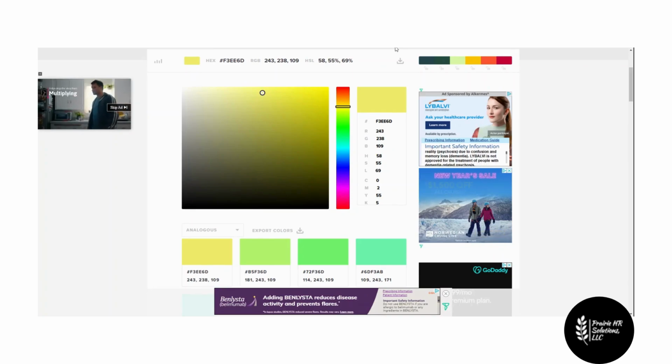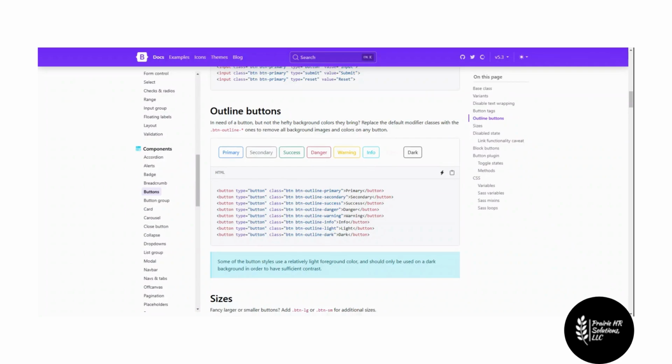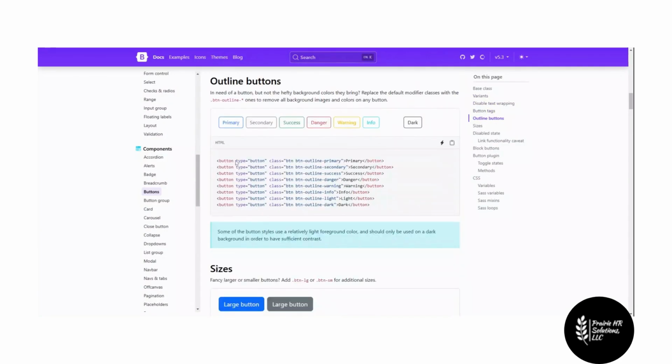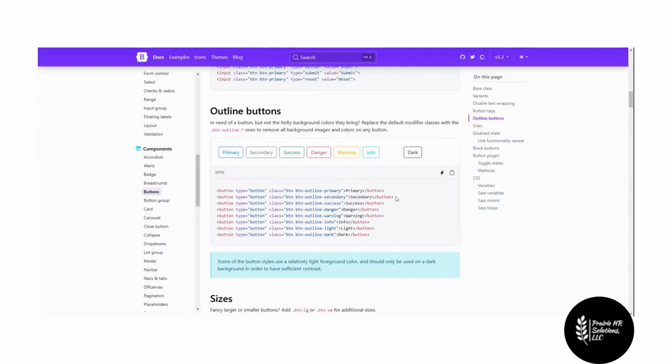So let's go back to our Bootstrap here and let's find our buttons. So maybe an outline button here. So that's blue, that's gray, green. Could go yellow, but it's kind of a different blue. Maybe we'll just do this dark. So let's just grab this button outline dark for now and come back over